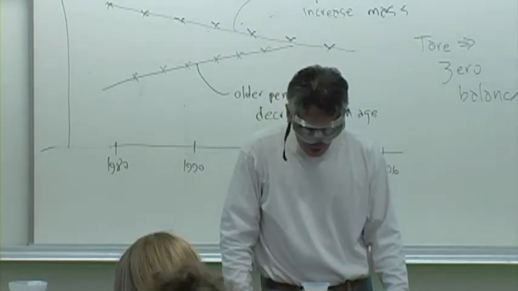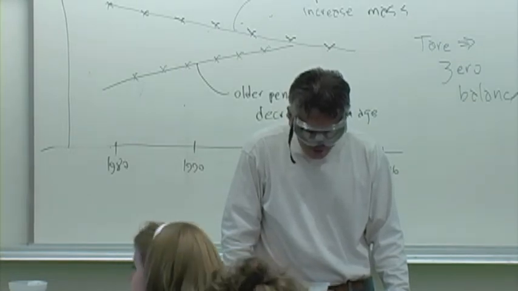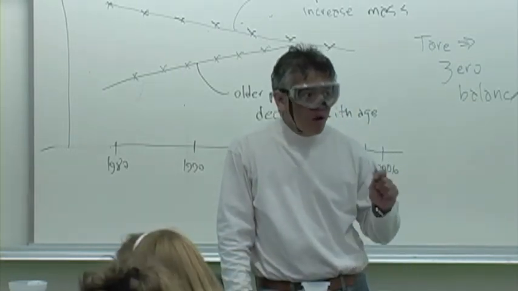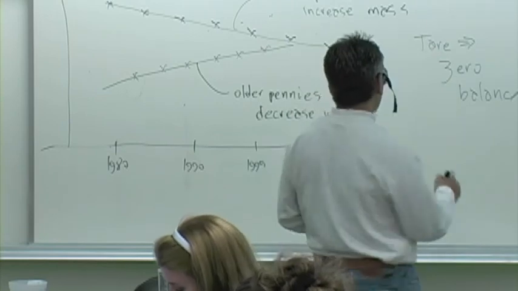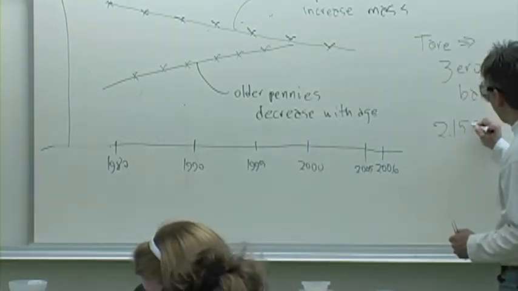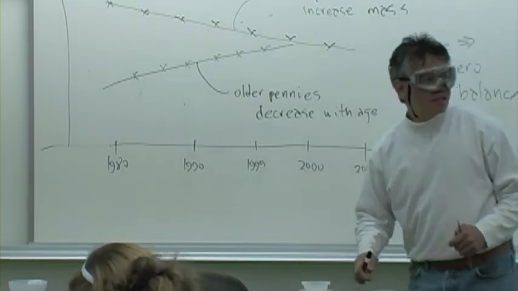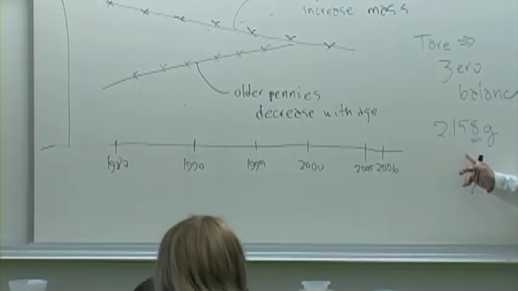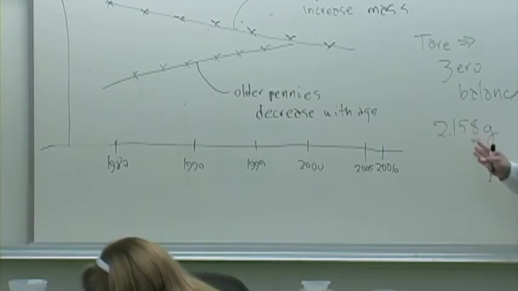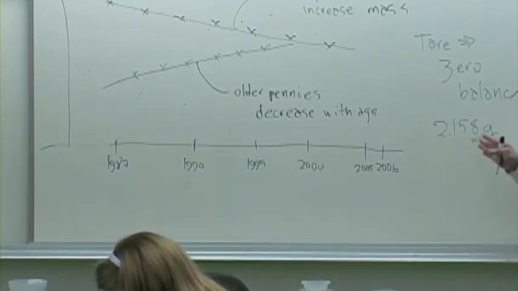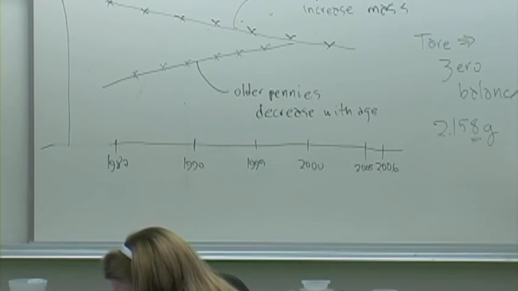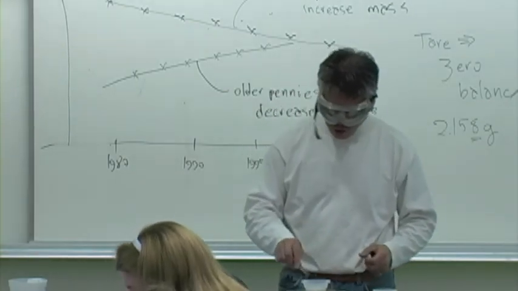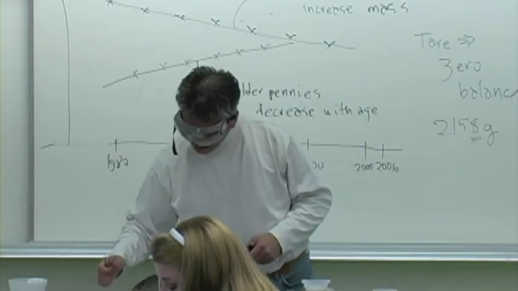In this particular case, this particular penny is 2.518 grams. Okay, 2.518. So you're reading it to the thousandth of a gram. This number will fluctuate. So try and wait until it stabilizes. But if it's stable, then read that number. If it fluctuates too much, then just try and wait till it stays on a certain number for like 3 to 5 seconds. Okay? Once you're done with this, make sure you record the year, the mass, the thickness,